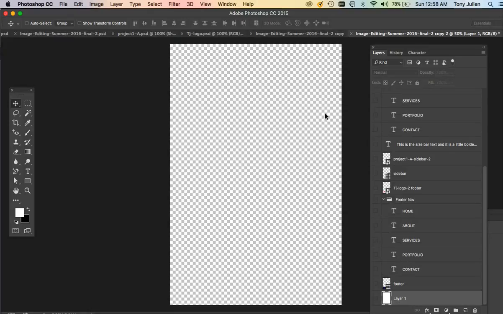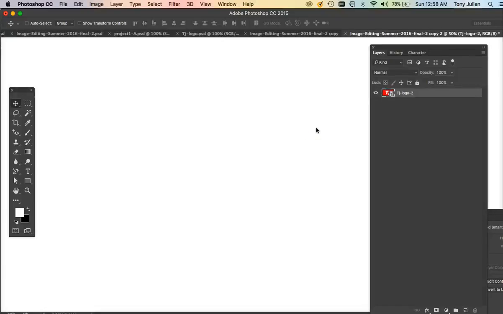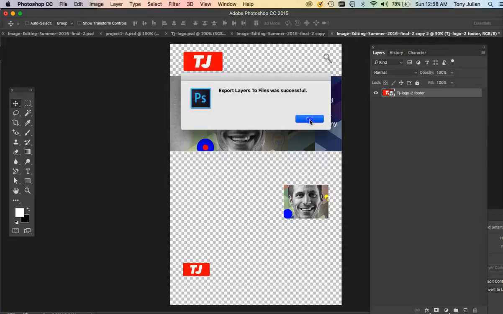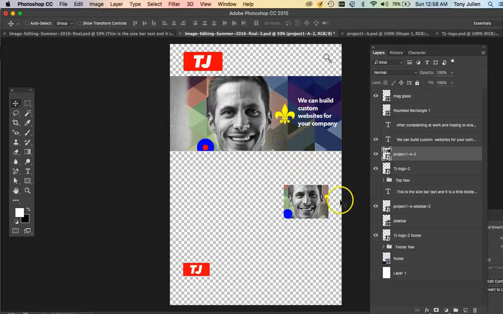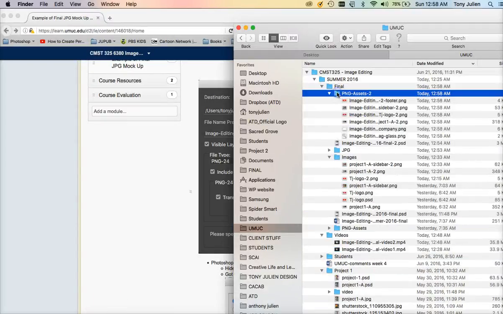It's automatically going to crop, and you can see it's happening. It's cropping the images for you. It's basically getting rid of all this other stuff and all this white space and whatnot. So if you look into your folder, into my PNG assets folder,